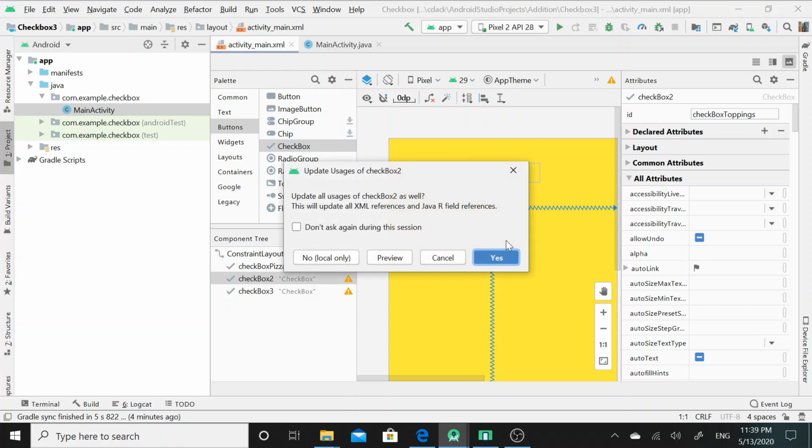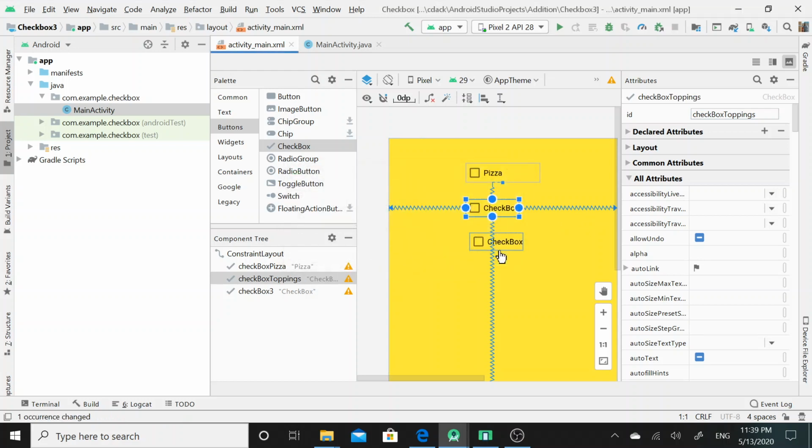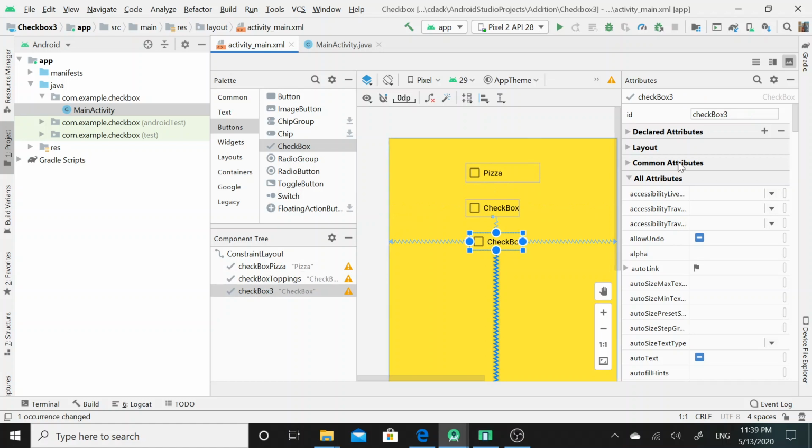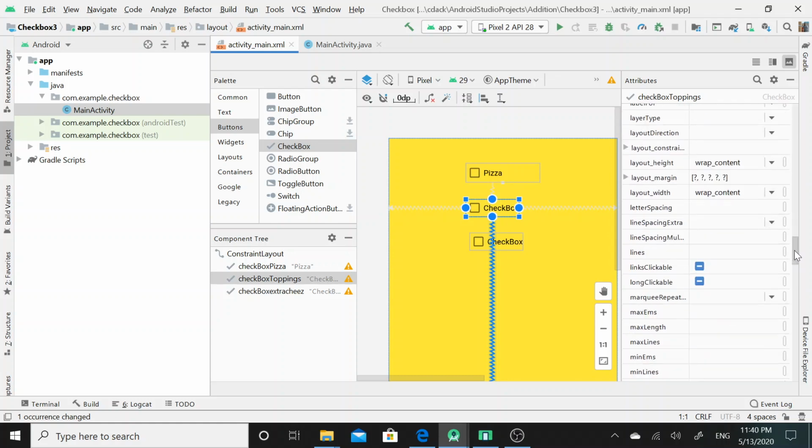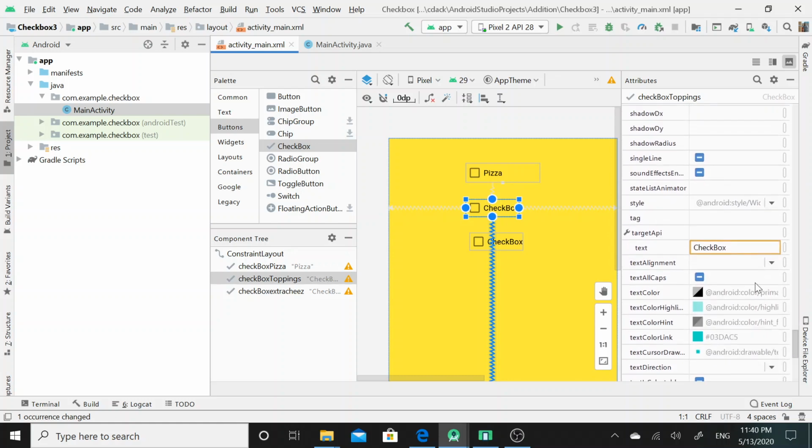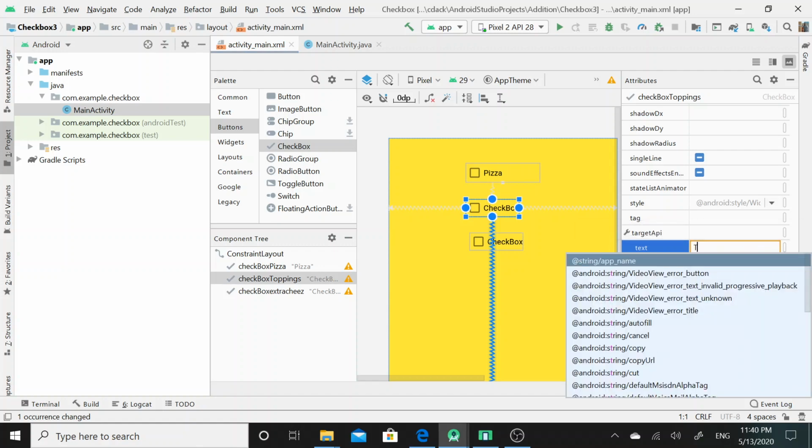Then I shall click on the next checkbox, and I shall change its ID from checkbox3 to checkbox_extra_cheese. Here for the second checkbox, I had given the ID as checkbox_toppings, and accordingly I shall also change its text from checkbox to toppings.